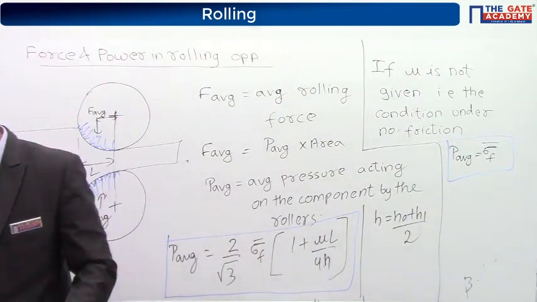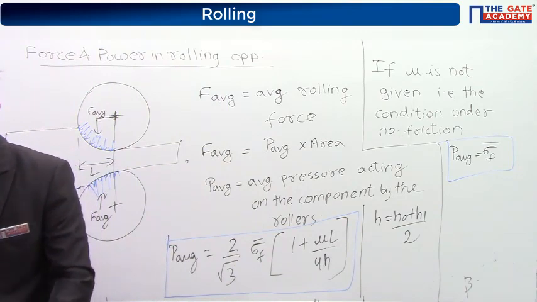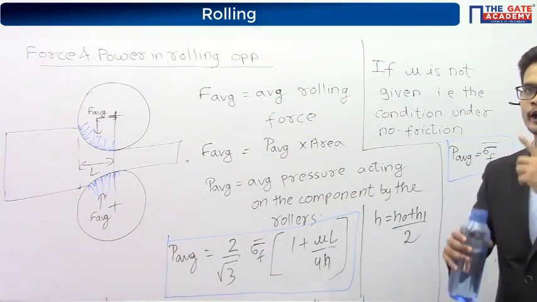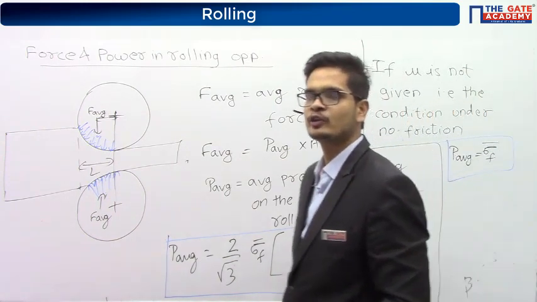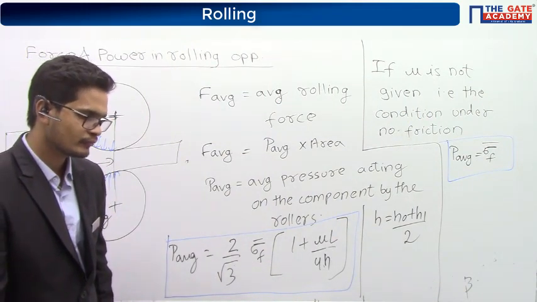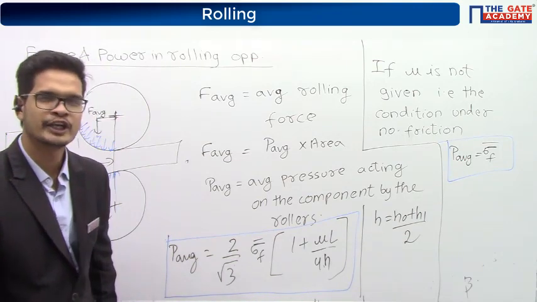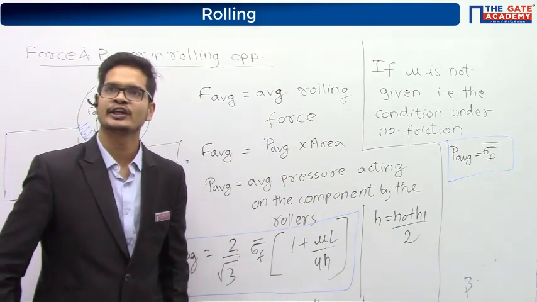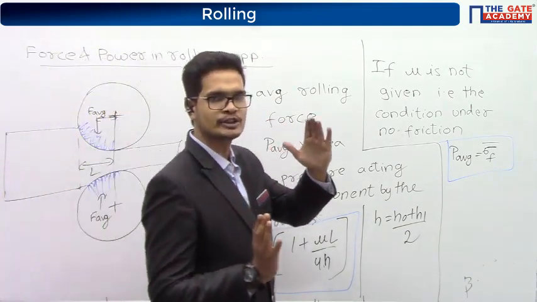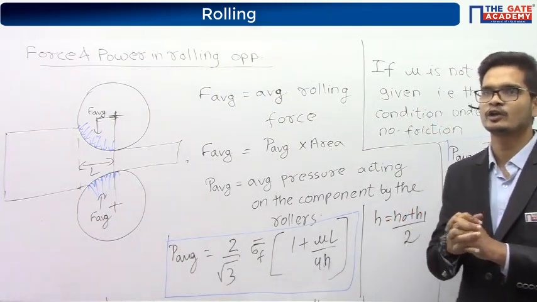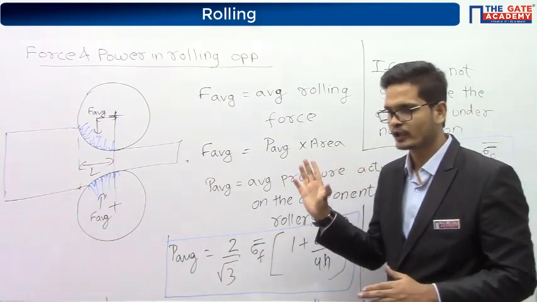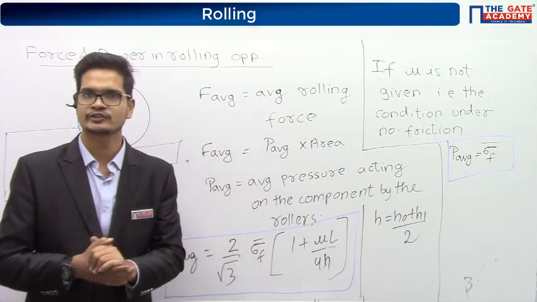If mu isn't there, the reduction will be equal to 0, because delta h is equal to mu square R. There we are talking about delta h max. If mu is 0, no, it won't be like that, Danish. If mu is 0, the reduction will not be equal to 0. The reduction will depend upon how much compression you are applying by the rollers. And anyway, mu is never equal to 0. This is just an ideal case for our analysis.